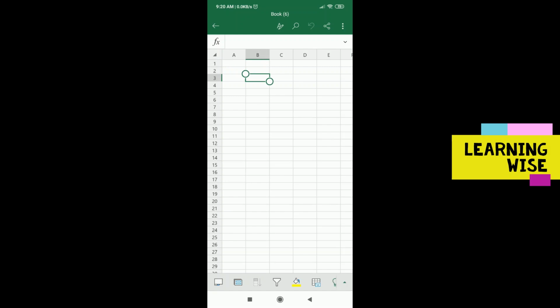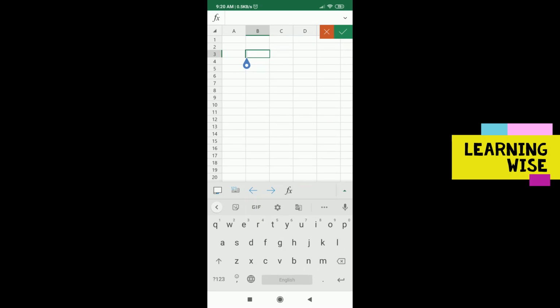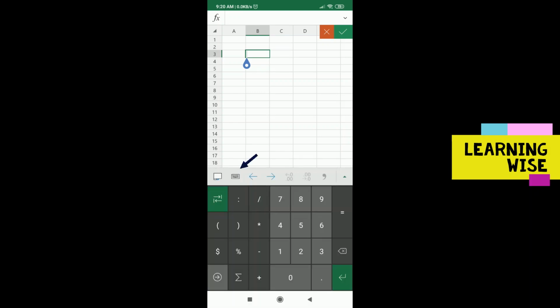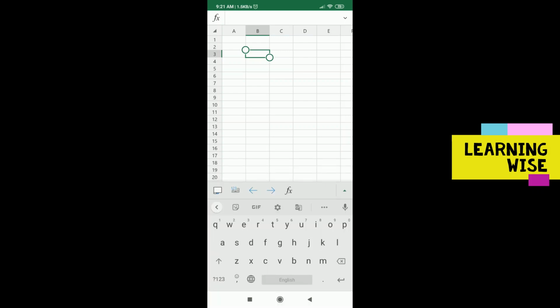Let's say I'm here in B3 cell, and double click on the cell to have the keypad below. And if you want to have a bigger keypad, you can click on this 1 2 3, and it is going to show you the bigger keypad, right? There is this arrow also on the side. You can see the left right arrow is also there to shift between. Okay, so I'm going back to the normal keyboard because I'm used to my mobile keyboard actually.